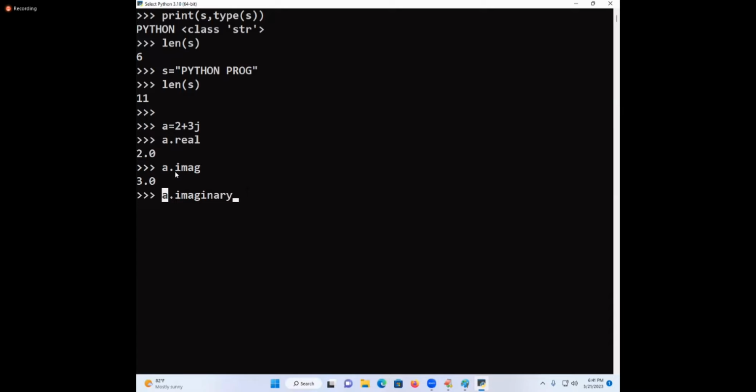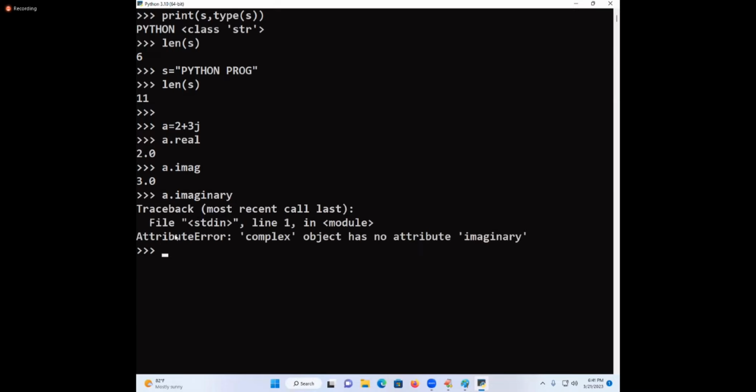No. IMAC is there. Imaginary word is not there. Is it a valid attribute or invalid attribute? So what error will come? Attribute error. Not name error. Every time it will not be the same; there are some lakhs of errors for everything. Not name error here. What is that error? Attribute error. Spell it out. Why attribute error? Because it is a